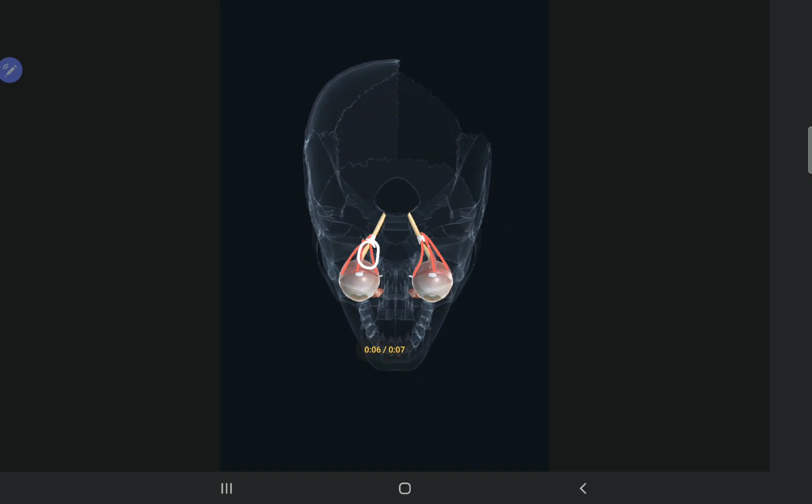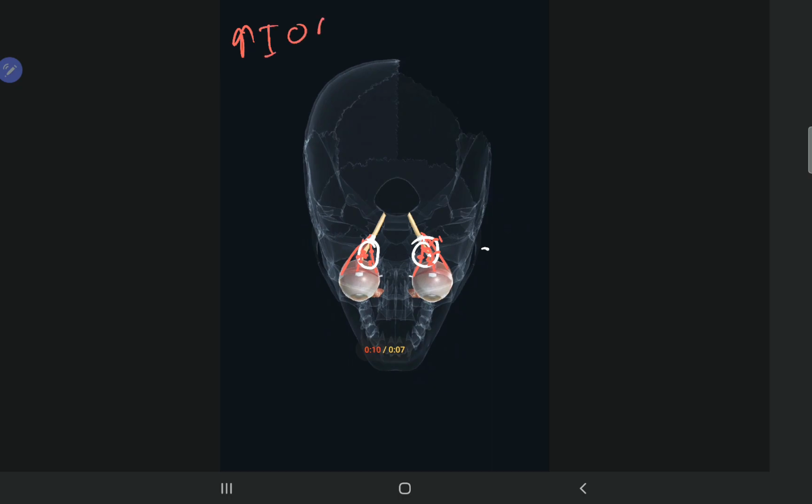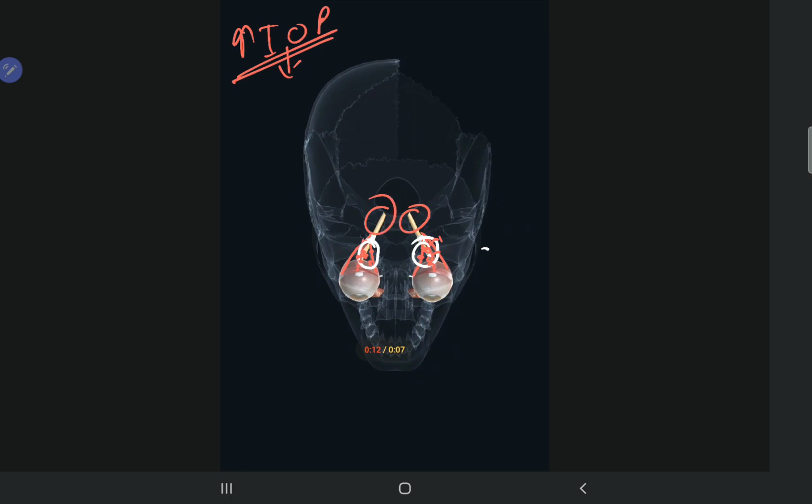So in this space, because of the injury to the infraorbital artery, there is bleeding, and once there is bleeding in this space, the pressure increases in this particular area. So there is an increase in the intraocular pressure, and because of the increase in the pressure there is compression of the optic nerve, and then this is an emergency situation. So we have to go for surgical decompression, and in fact if there is optic nerve paralysis and it is not treated, the person can even go blind.